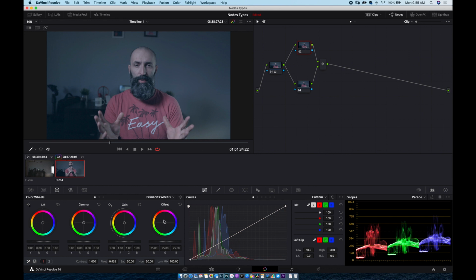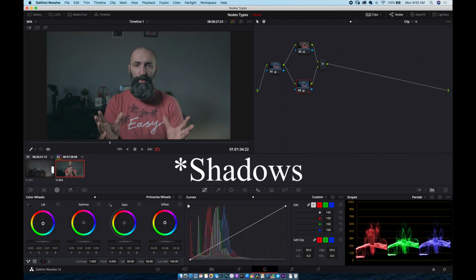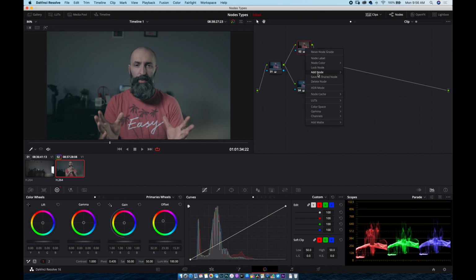For example, for this node you can warm it up a bit, and to this node you can go to the green kind of, maybe let's go to the highlights, make them blue. And this is the parallel mixer, so you can join these two effects and make one output from two nodes. If you put more parallel nodes, it will just add to the mixer,